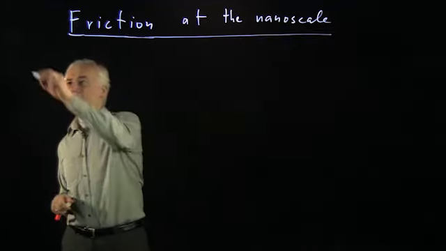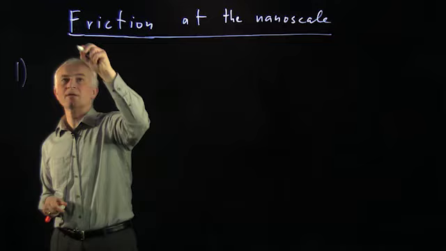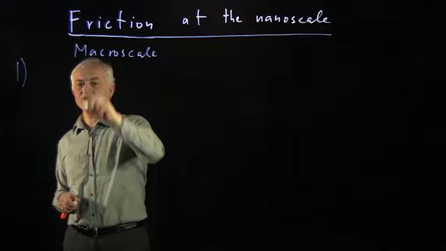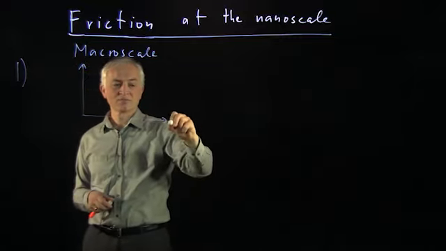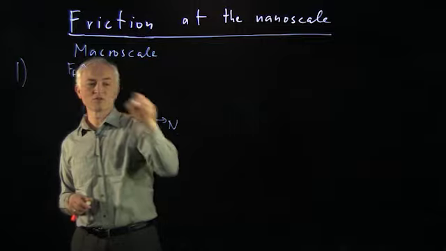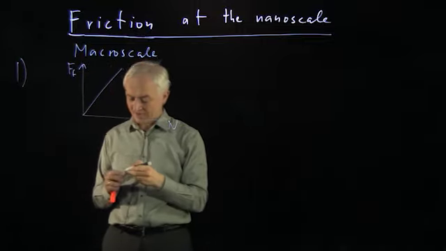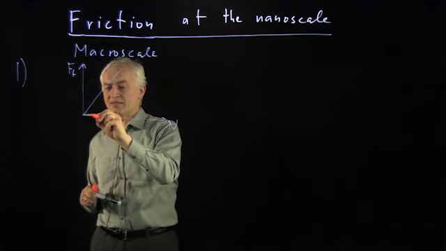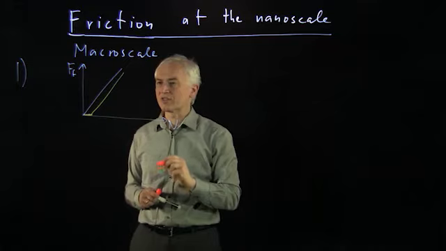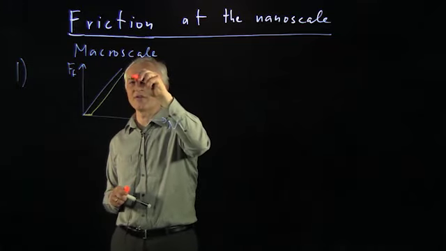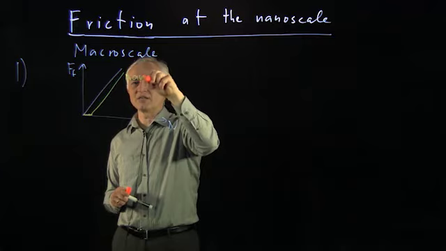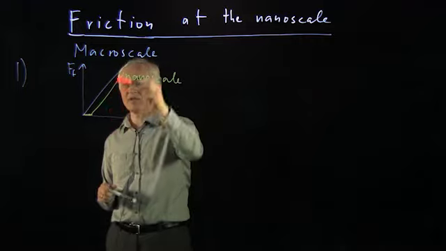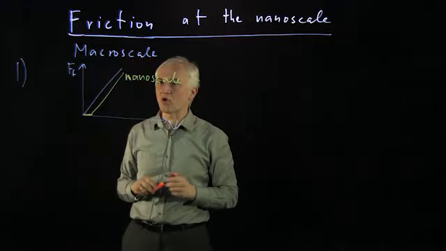So let's summarize what happens to the laws at the macro scale. So the first law at the macro scale was that the friction force was proportional to the normal force. And we found that at the nanoscale, actually what happens is a displaced curve where there's no friction in a certain region, and then the friction follows parallel to the macro results. So this would be the actual friction at the nanoscale, and we see that it's a fairly good approximation to the macroscopic friction, but with a small offset.